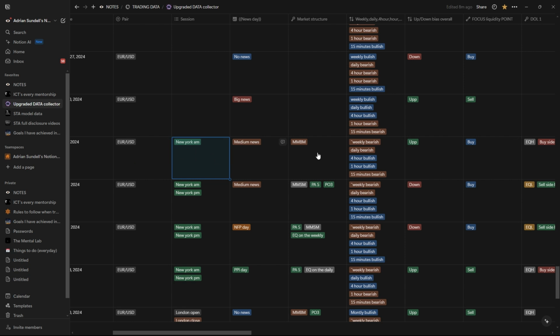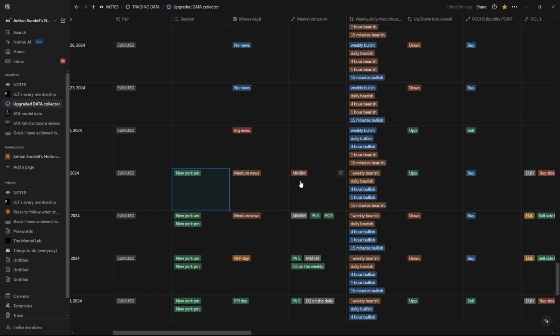Because here you just have the hard data. However, what you can also add in is your thoughts if you would like that. However, I personally just collect hard data because I don't really need to focus on my psychology, just because it's inbuilt. As long as I just take the trades, I know I'm profitable, so I don't need to worry anymore. I've done this a super long time, so you don't really need to worry. Now it's just for me to execute on that given system.